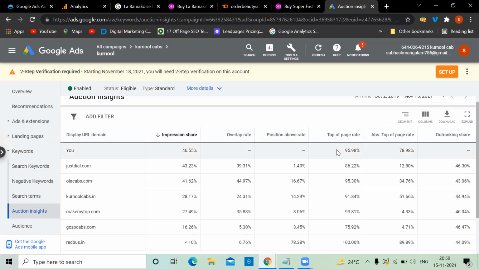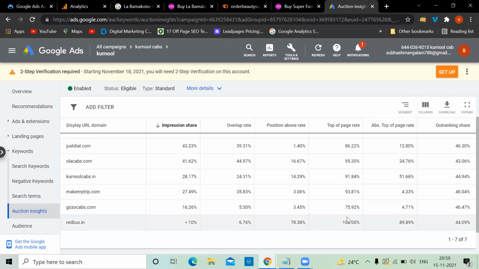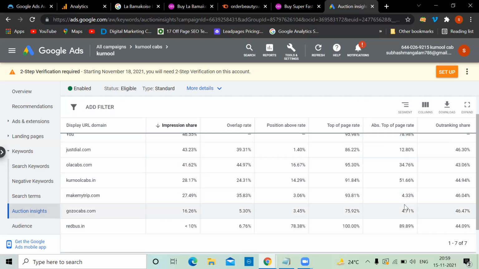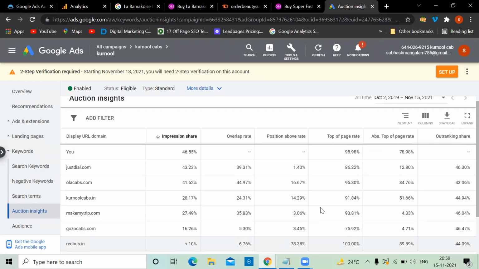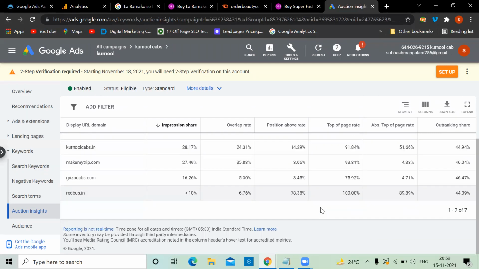Just Dial 86%, Ola Cabs 95, Karnool Cabs 91, 93, 75, and 100% Redbus. When it comes to first position, we appeared 78% of the time, the remaining less. And Redbus 89% of the time. So Redbus is giving good competition. You can beat them with your CPC and your quality score.